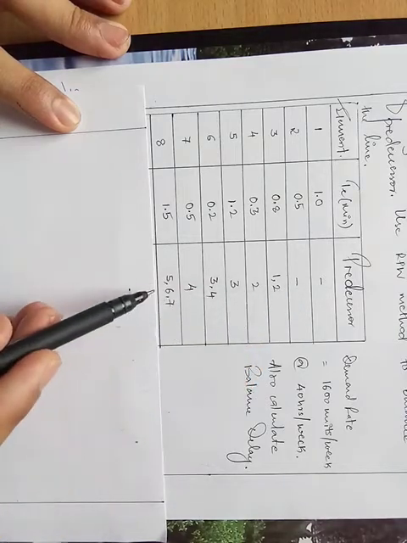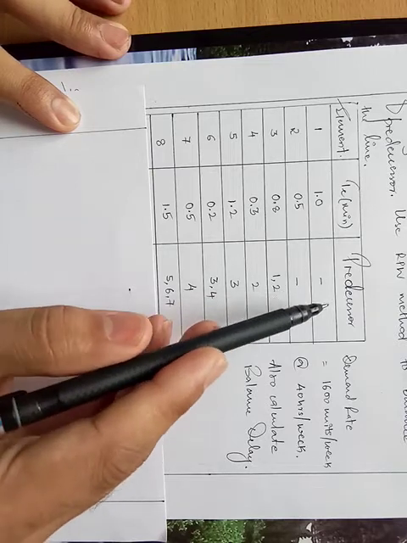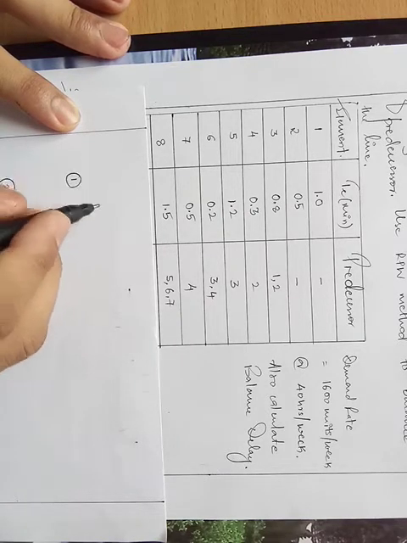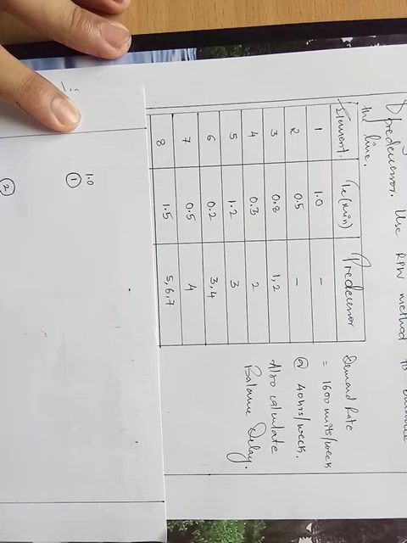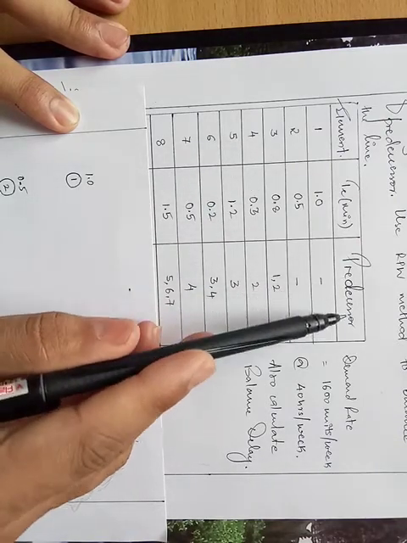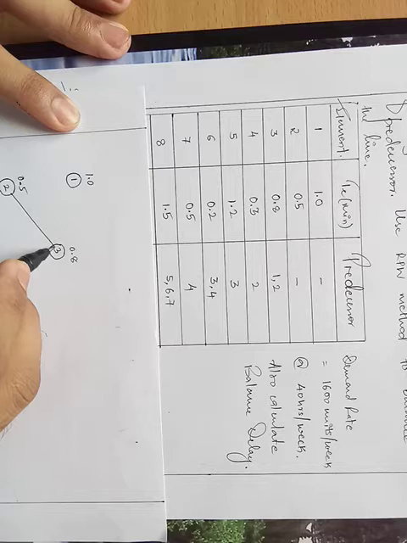Element number 1 and element number 2 do not have any predecessor, which means these two are the starting points. So I'll draw element 1 and element 2, with the respective element times: for element 1 it is 1 minute, for element 2 it is 0.5 minutes. Now to draw element 3, 1 and 2 are the preceding activities, which I have already drawn. Then you go for element number 3. The time for element 3 is 0.8. You draw the arrow marks.